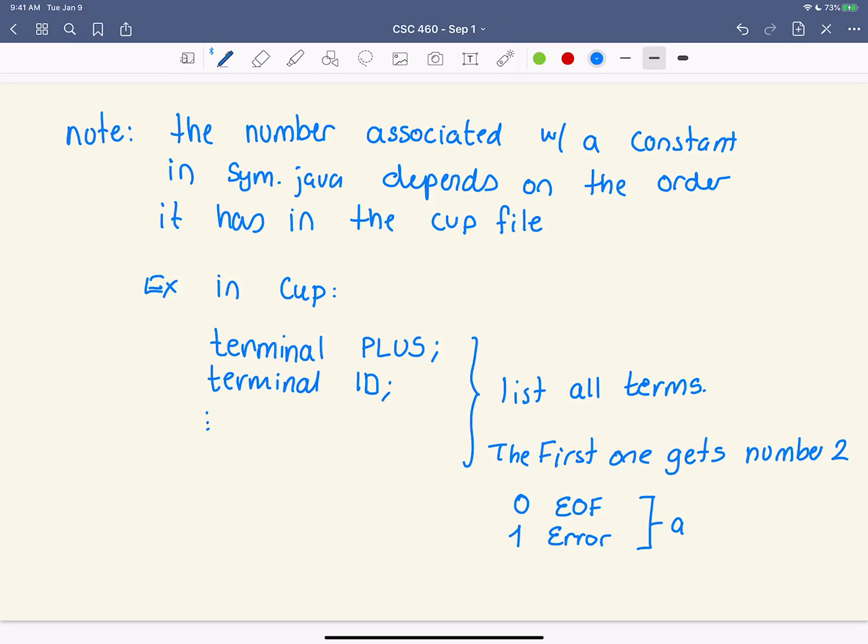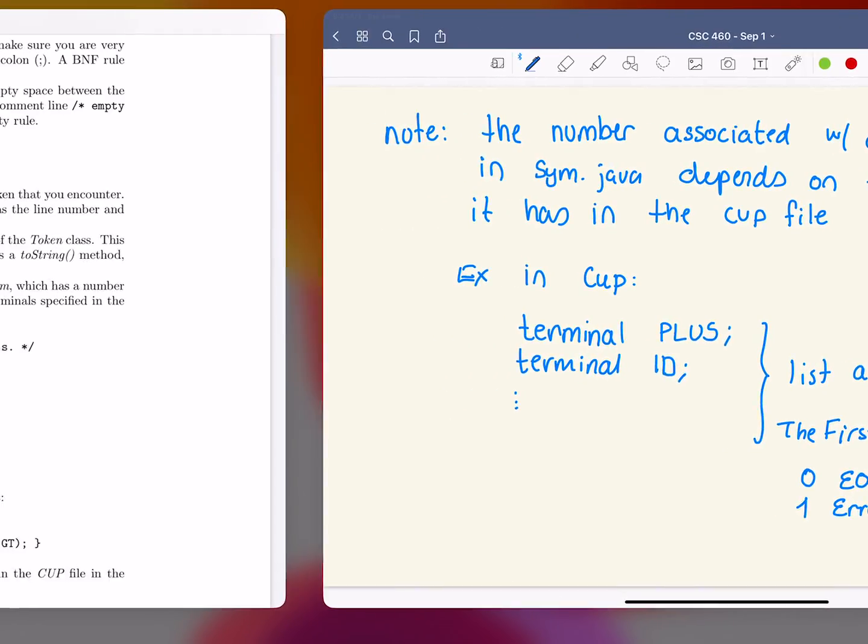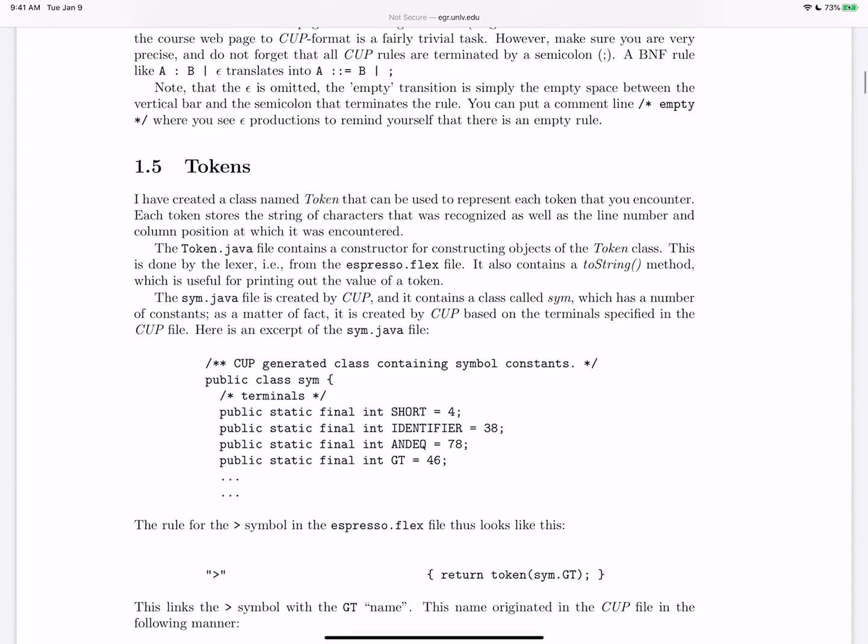And these are auto-generated. So if we look at the sym file that gets generated by the parser generator, we will see a bunch of these, and if you look for the lowest number you can find, I'm pretty sure it's a 2. Now, of course, the order in here doesn't matter, and the number that something gets really doesn't matter either, as long as we're consistent when we use them.